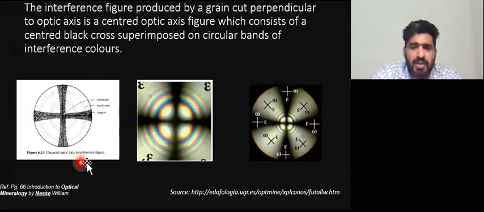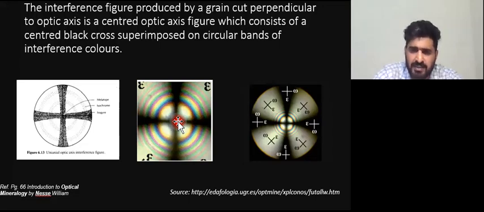Okay, so the uniaxial optic axis interference figure, where this is the optic axis and the section is cut perpendicular to the optic axis, and this is how it actually looks. This is an actual view of that particular section, how you see it in a normal thin section under the necessary arrangements to generate the interference figure. So all these colors that you see are called isochromes. This black band that you see over here is called the isogyre, and the central part of the intersection of the band is called the melatope, which is the emergence of the optic axis.